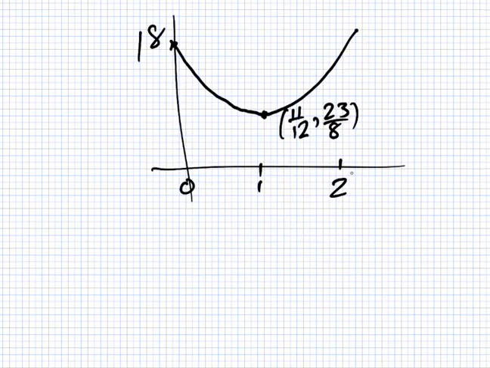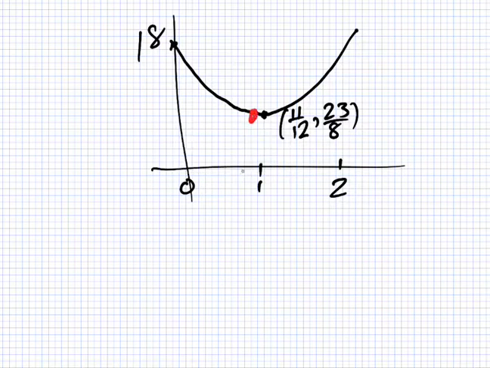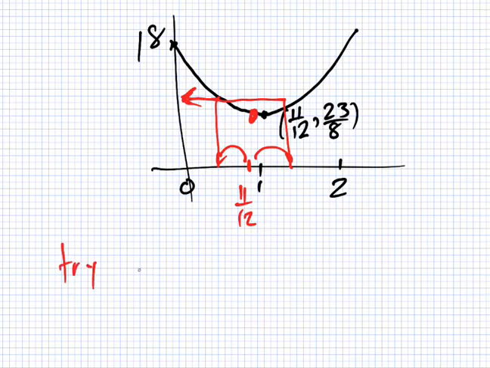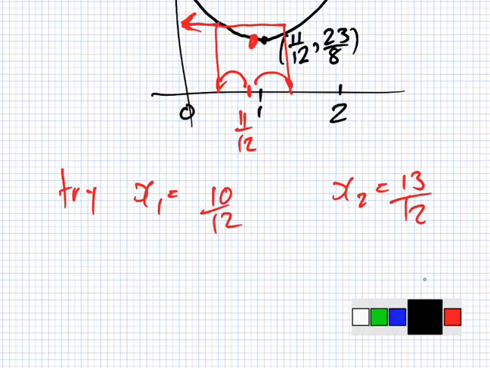So, the easiest, if it's from 0 to 2. The easiest way to prove that it is not 1 to 1, that it's many to 1, is by taking two values of x and showing that you get the same value of y. So here it looks like it's 1, but sorry, it's actually a little bit to the left of it at 11 over 12. If I move even a little bit to the left and a little bit to the right, I should get the same answer when I sub it in. So let's try x1 equals 10 over 12 and x2 equals 13 over 12. If I substitute these back into my f(x),